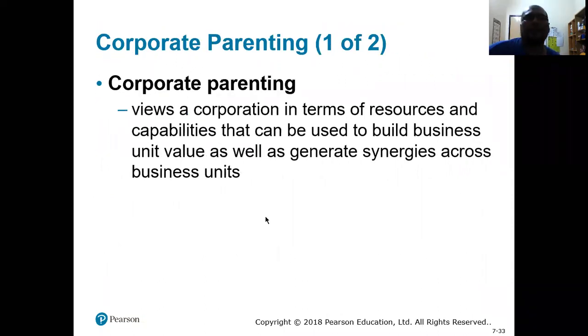Corporate parenting. Okay, class, we have less than 1 minute. So when this session is over, we are over. Yeah. Okay, so we are about to reach the end. All right, so please read about the corporate parenting. Yeah, corporate parenting. Corporate parenting basically is what? Basically, it's a strategy of how a big corporation, normally a big corporation, has strong resources, strong capabilities, and normally many sub business units.